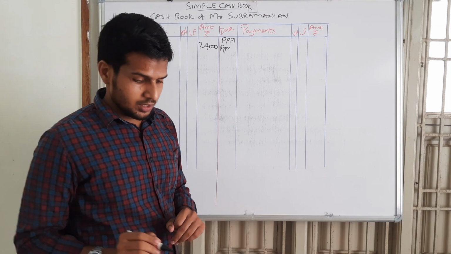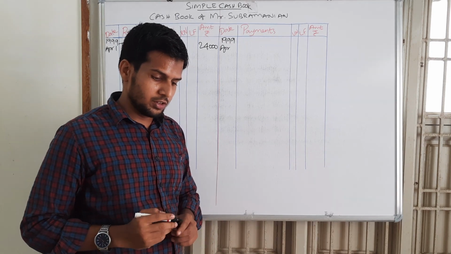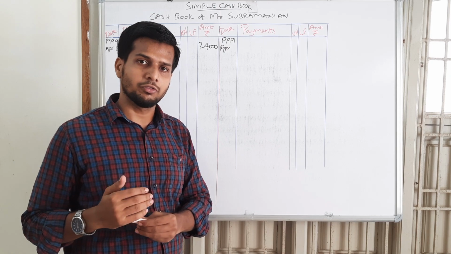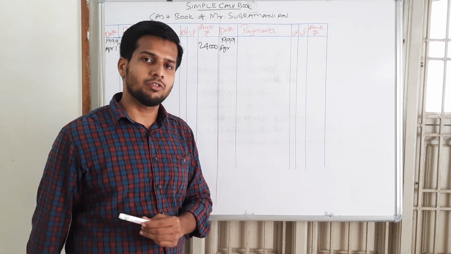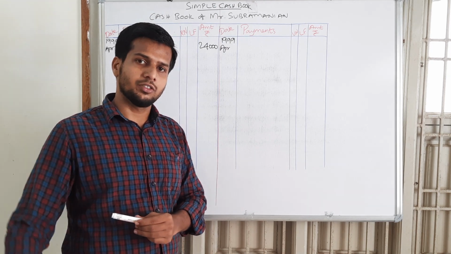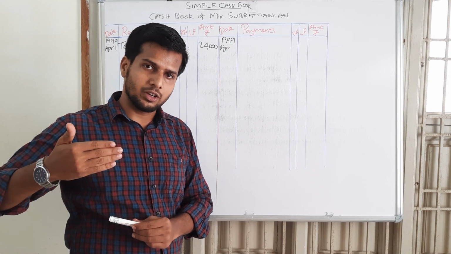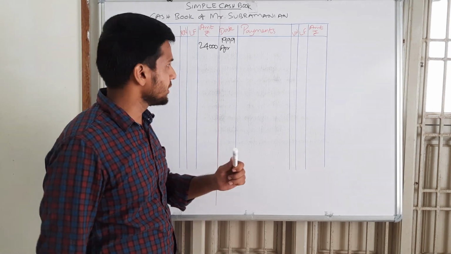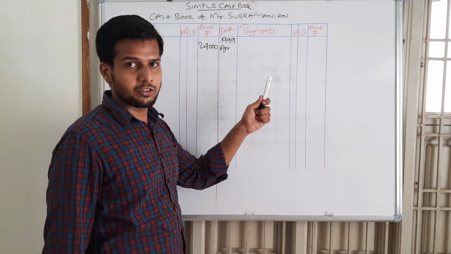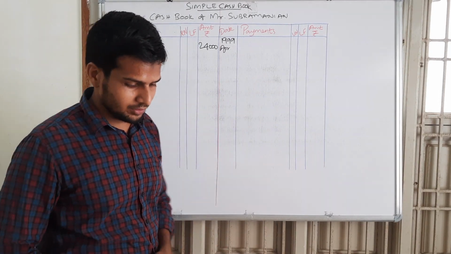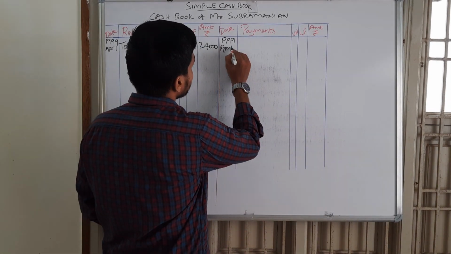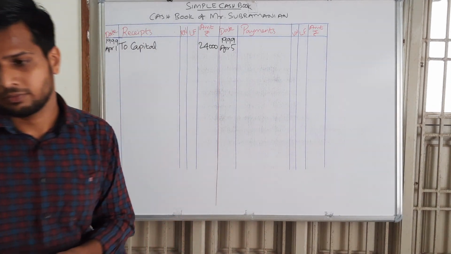Right? And the next transaction is bought goods for cash. When we are buying the goods for cash, what will be the entry? That is the purchases account debit to cash account. Here the cash account is credited, so the purchases must be on the credit side, that is the payment side. So the date of the transaction is,